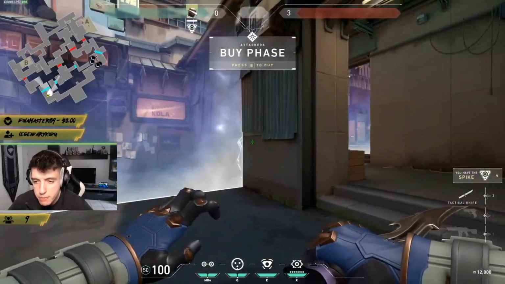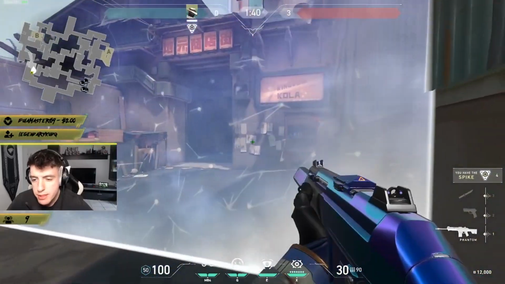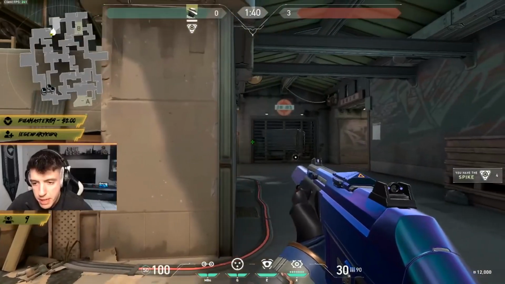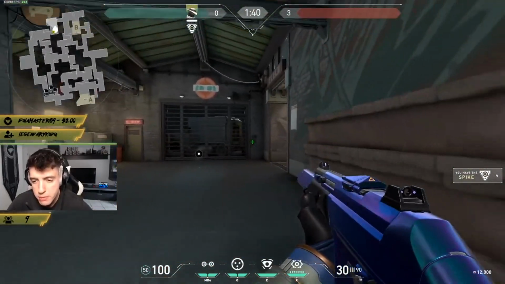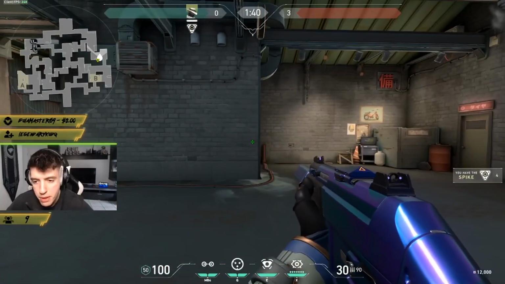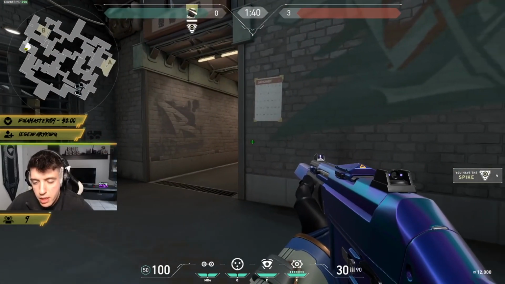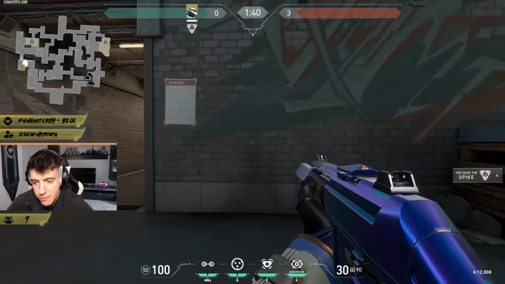You want to do a B split, for example. The round starts, and what you want to do is push up with your team and clear out B main area. Always make sure no one is hiding in the corner. Don't give away free deaths to this angle. And once you've pushed up, what you want to do with Cypher, if we have no one else to clear